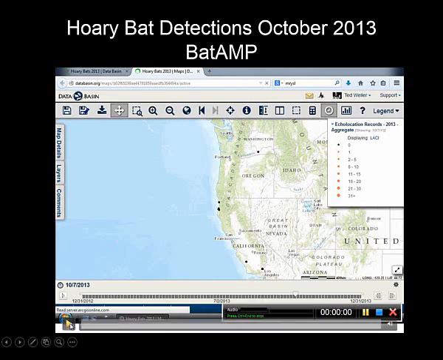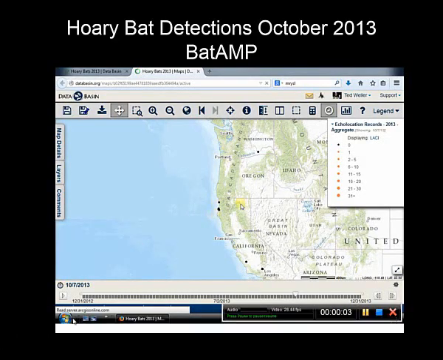And then this is a great video of me using my computer. So it shows that we're talking about the 7th of October, 2013. And then on the 9th of October, we see hoary bats show up along the Columbia River Gorge and stay there for several nights. We see detections of hoary bats there. Then on the 14th, we start to see them showing up in Northwest California, and kind of continue down. They're in both places for a few days. And then several days later, we see the hoary bats arrive in Southern California.